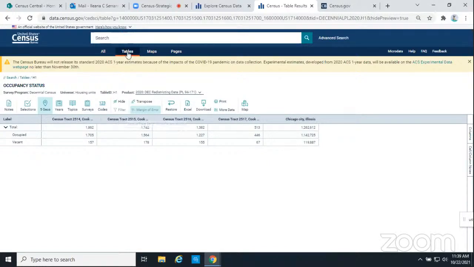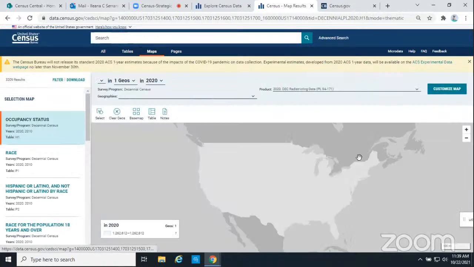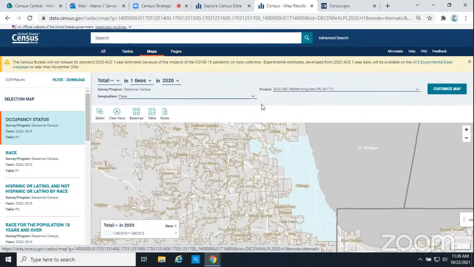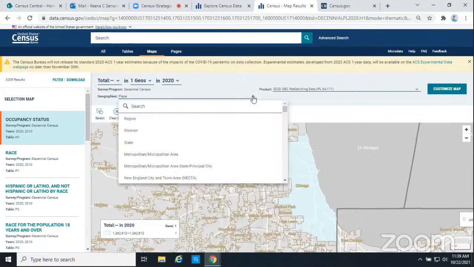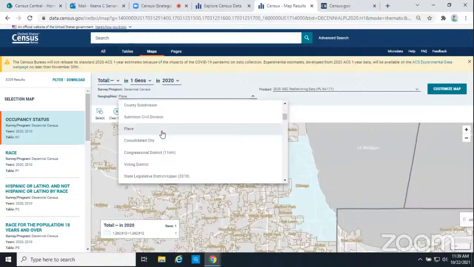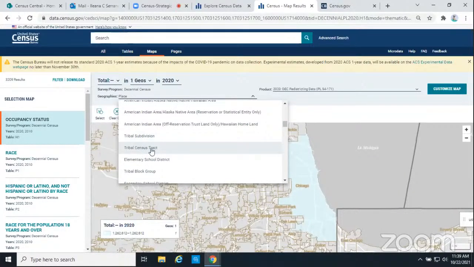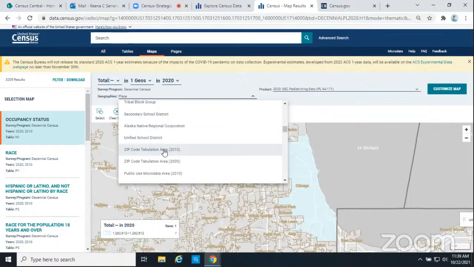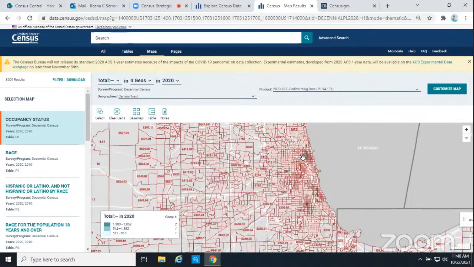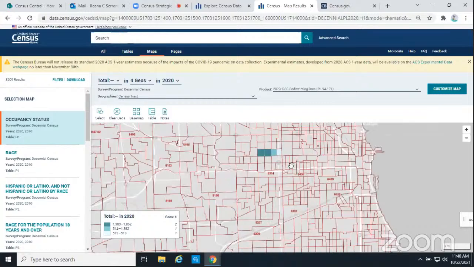The map is defaulting to place, but I am using tracts. So you click down your geography selection, and there it is. You click on census tract, and there are the tracts that you have selected